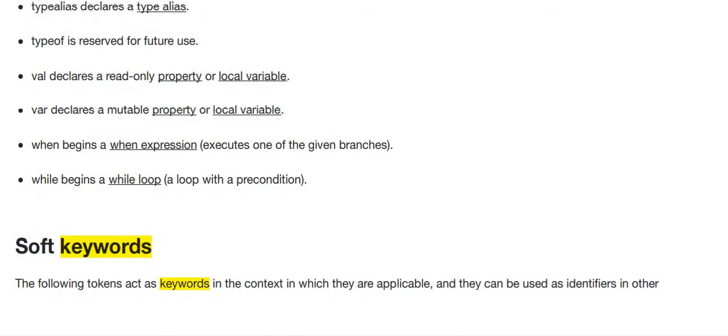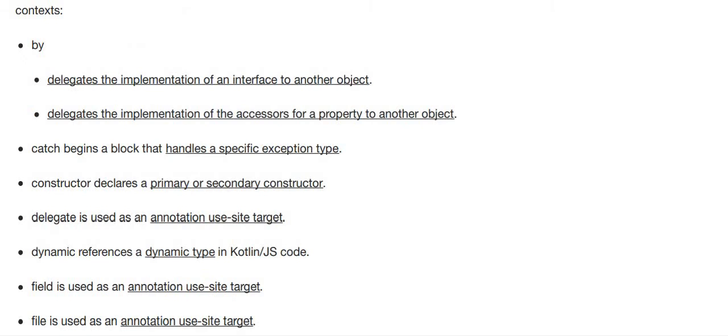So we have soft keywords. They can be used as identifiers in other contexts. So we have by, which delegates the implementation of an interface to another object. We have catch, as in try, throw, catch. We have constructor, which declares a primary or secondary constructor. Delegate is for annotation, and dynamic references